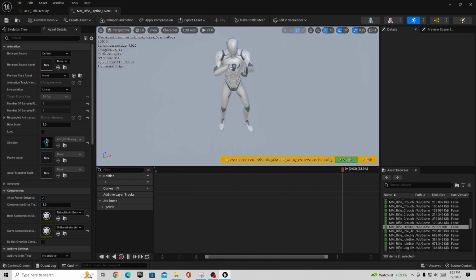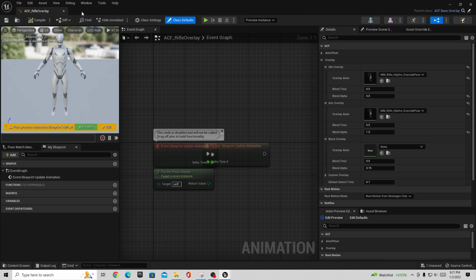The base layer is still the same. The base pose would be driven by the other animation blueprint that we talked about. And these two things just get stacked on top of each other to make your animations come together, very similar to how you would use a blend by bool, or blend layers by bone, or whatever. There's different ways to drive these types of animations, but the big takeaway here is that